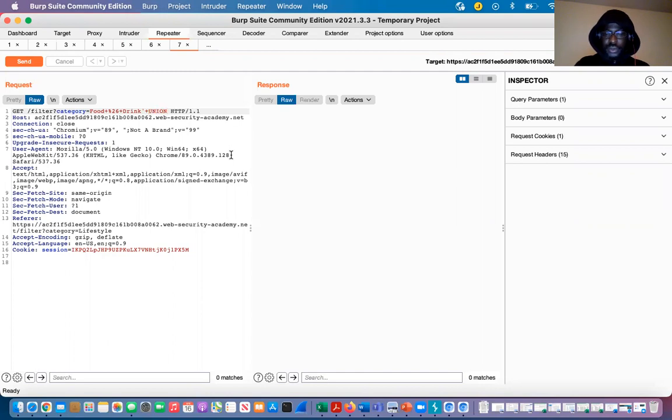So union, and of course it has to be encoded. So let's add select, and we're going to add a null, right? So that's the first one, the first column, right? So for example, if we were to just run this,